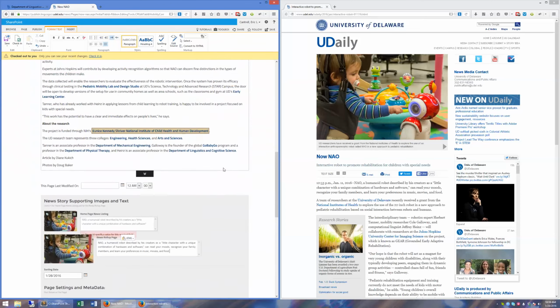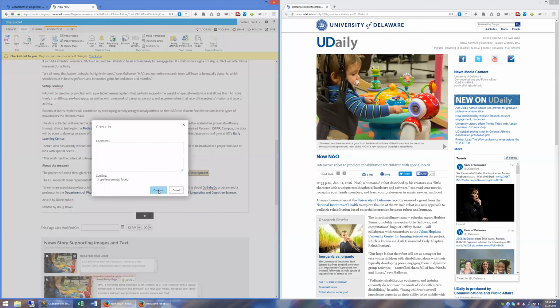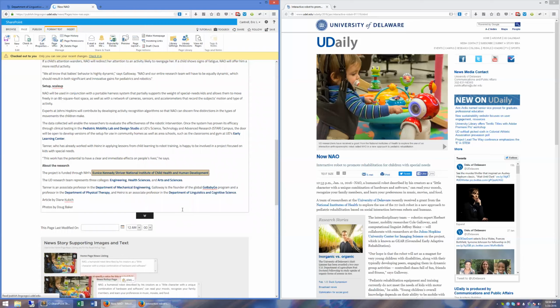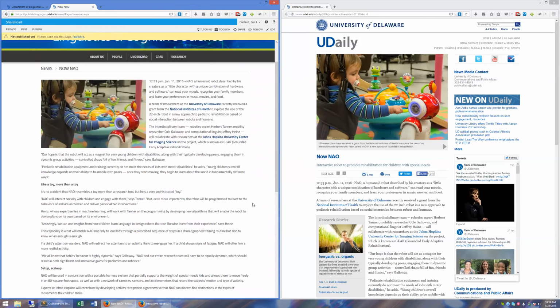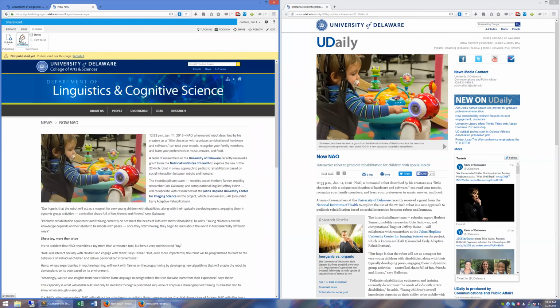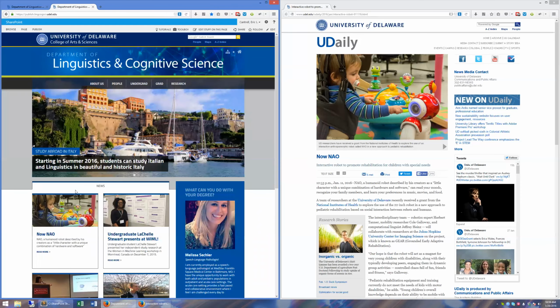Now that it's done, I'll check in the page first to make sure it looks right. Looks great to me. So I'll publish. If you have a workflow in your news, you'll have a submit option instead of publish. And now the news story is live. And we've got it on our home page. In a few minutes,